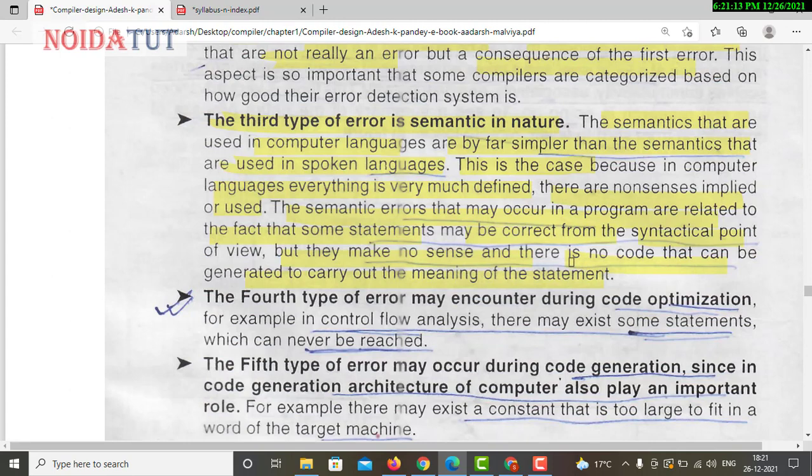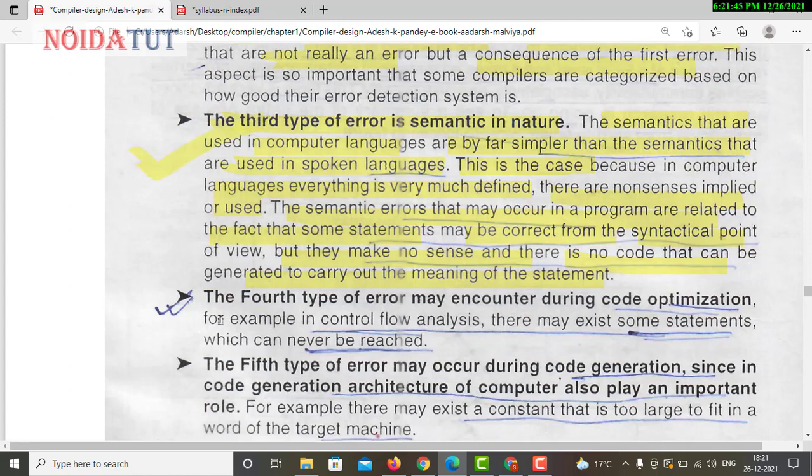Semantic errors mean that some of the code we write has no meaning but is still inside the program. Many times when you write a program, you get a warning of this. That means you have defined a variable and a character and you have used it nowhere in the program. The syntax is correct, but the code is giving no results. So the third type of error is known as semantic in nature.